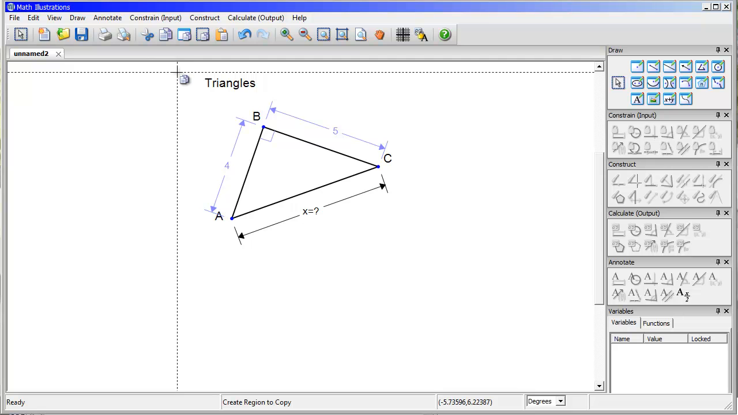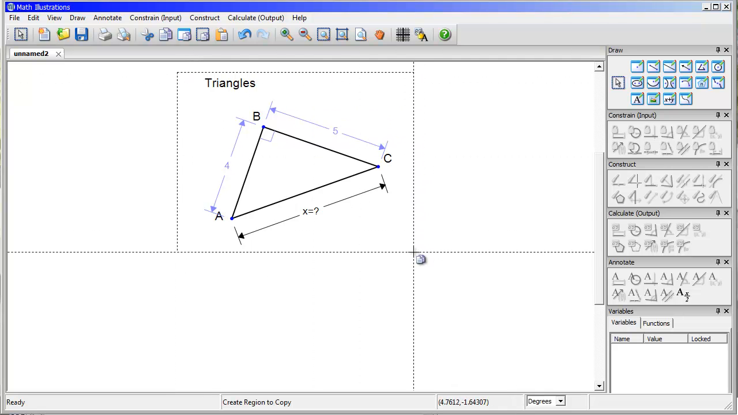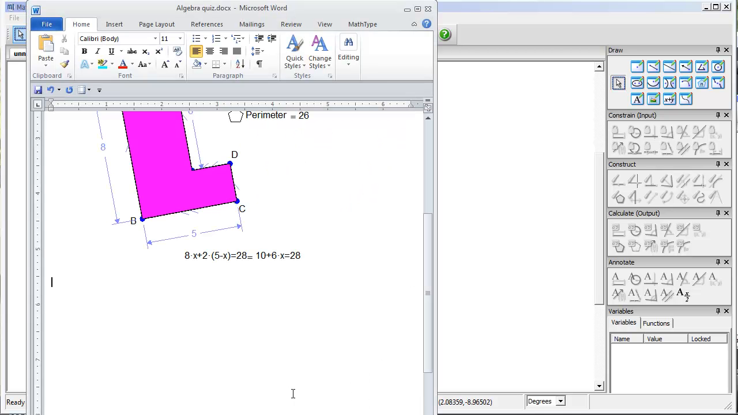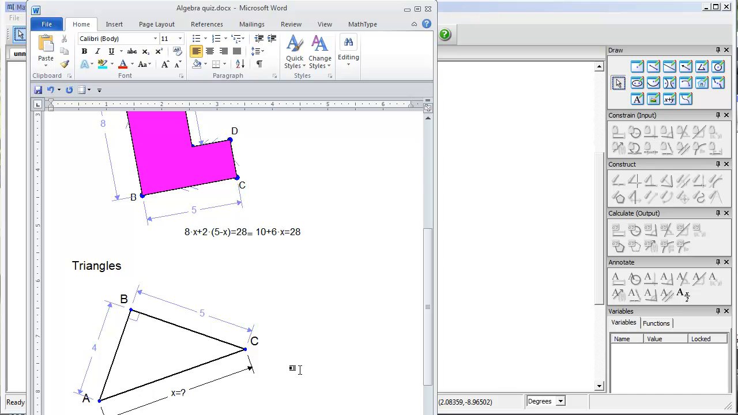to paste it into my Word document. So now I've copied the region. I simply go over to my Word document, place the cursor where I want the document to be, and Control V. There's my document,